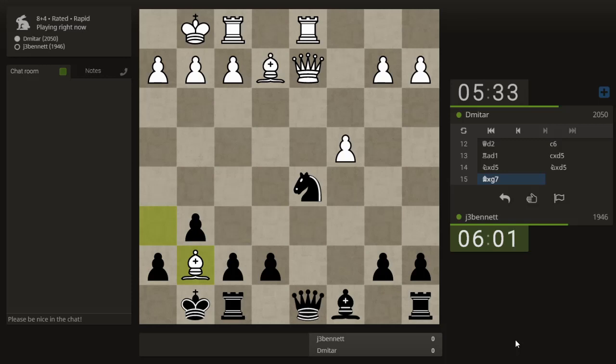And then do I have anything really clever here? I guess not. I don't see anything clever. Knight to e3 I was looking at briefly, but that probably just loses my queen. So he gets the piece back. It's not like I'm...